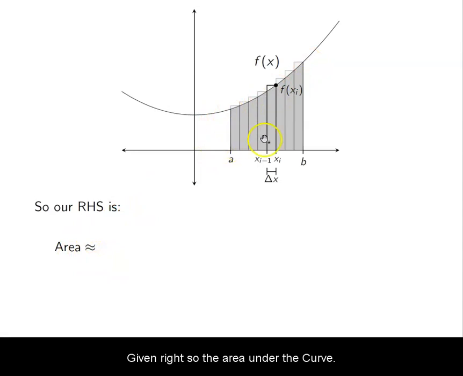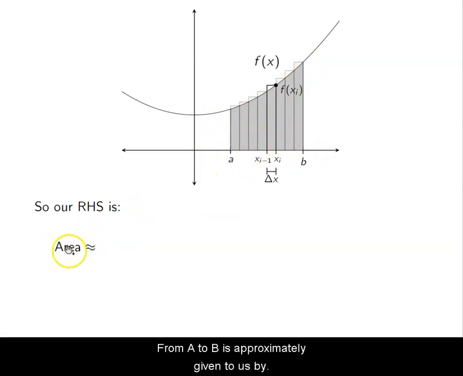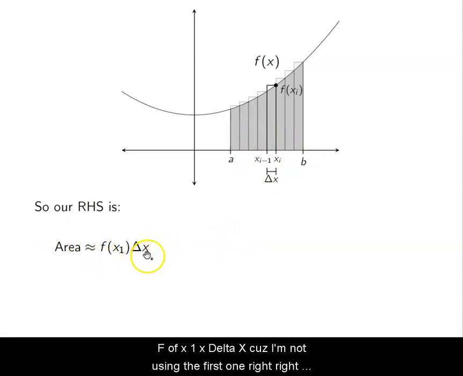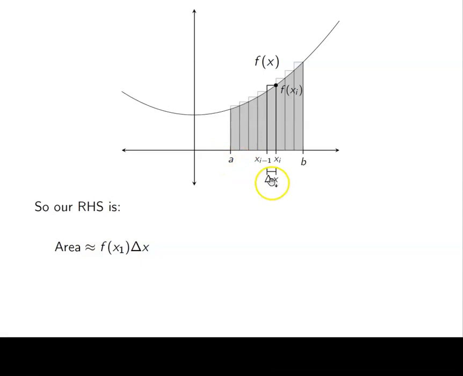The area under this curve from A to B is approximately given by f of x1 times delta x, because I'm not using the first one, right-hand side, so I'm not using x0, I have to use x1. The base is delta x, so height times width, right? Height times width,